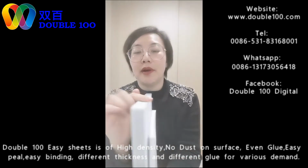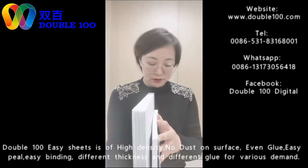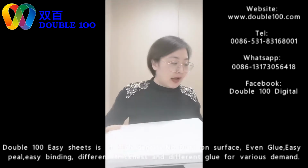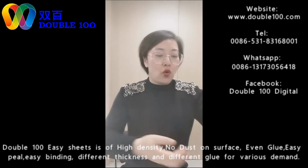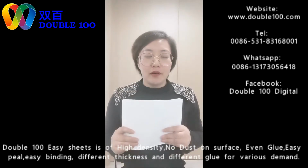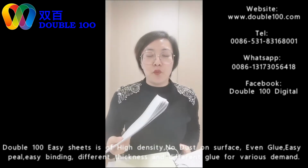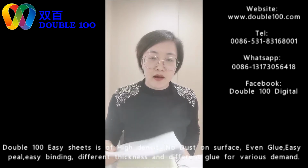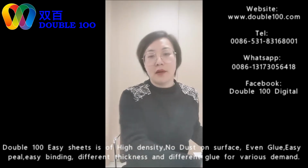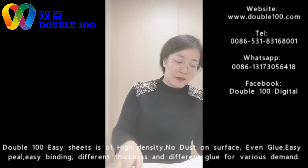This is an album made by PVC. This is an album made by cardboard. I just showed you these two main elements for making albums. What are they? Photo paper, photo print, and images. These are the two main consumables for making albums besides the covers, the three elements. And for making albums, there are some small elements you may need, like the spine, like